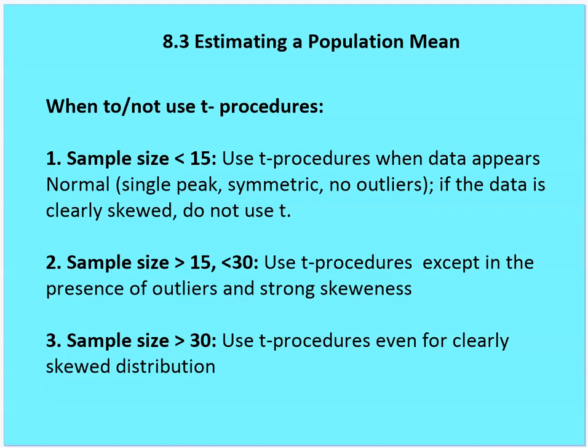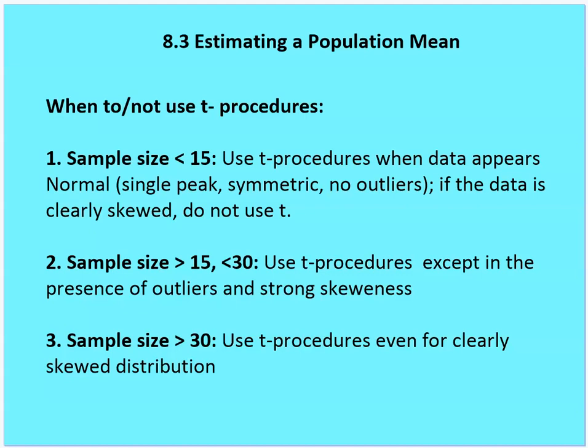And when the sample size is greater than 30, we can use the t-procedures even for clearly skewed distributions. So what we run into is, when the sample size is smaller, we have to follow some restrictions in using t-procedures. If it's less than 15, the data has to appear